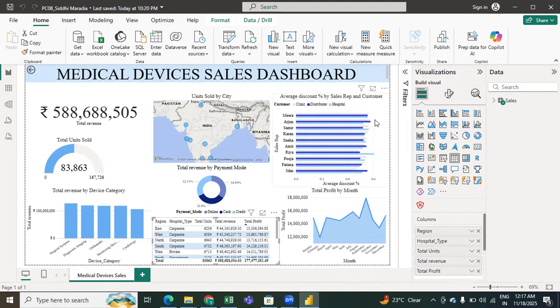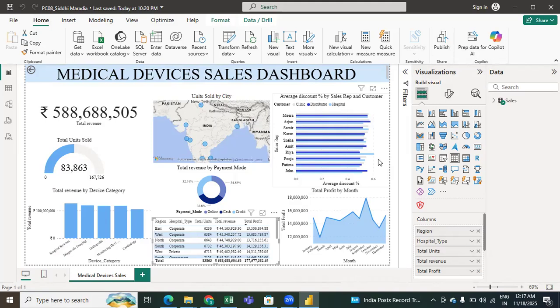Now over here, there's the average discount percentage on sales. That's a horizontal bar chart. We have taken the horizontal stacked bar chart, where there is an average discount percentage by sales representative and customer. This visualization gives two insights: which sales representatives are offering higher discounts, and which customer segments like clinic, distributor, and hospital